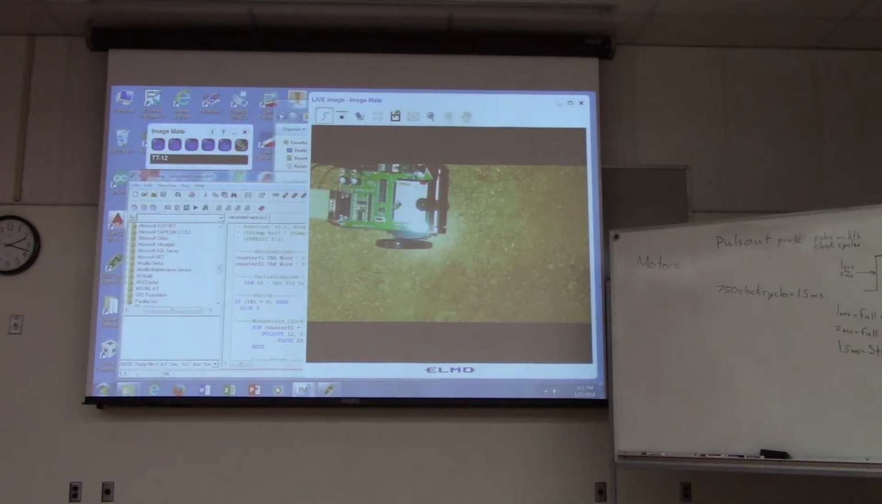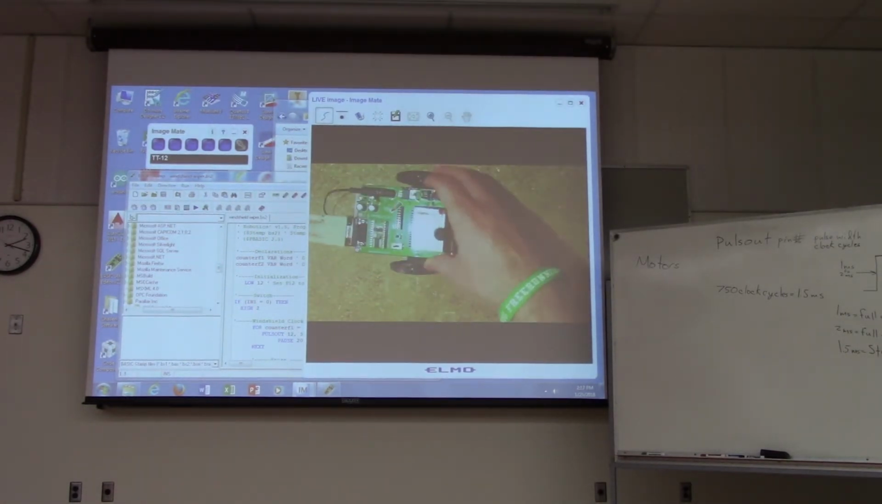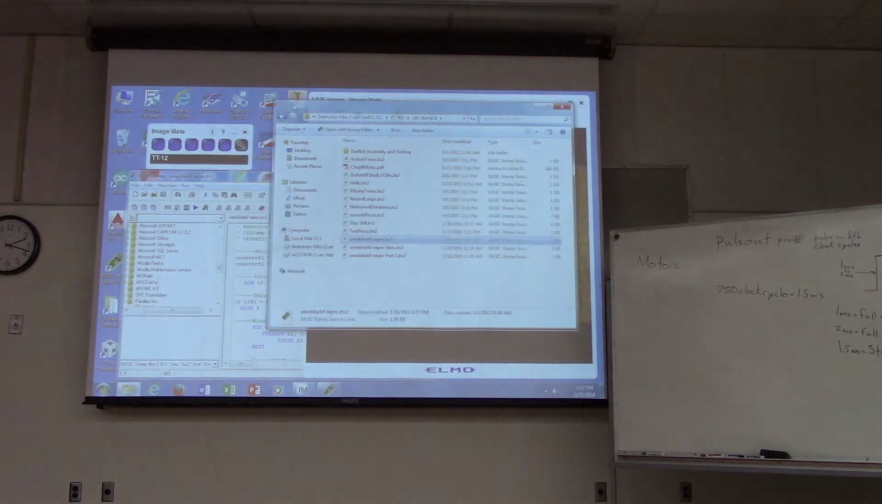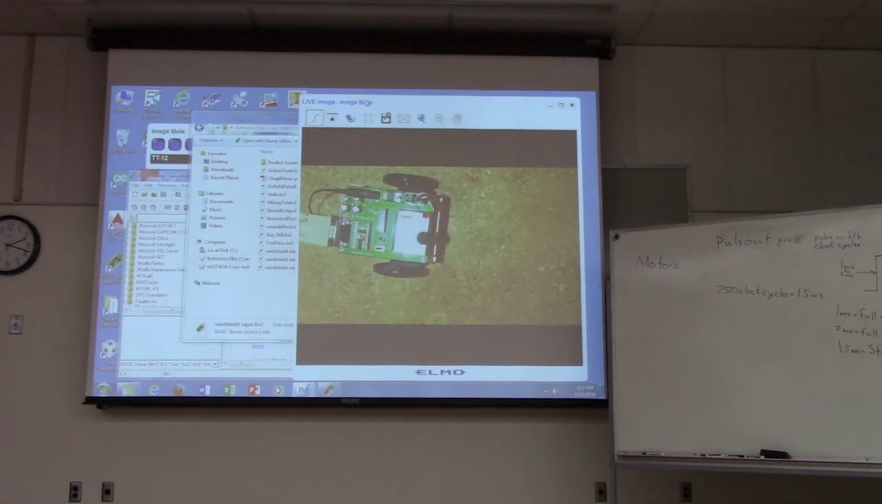You said ET302 what again? L02, stamp 2 and then windshield wiper. Okay. So